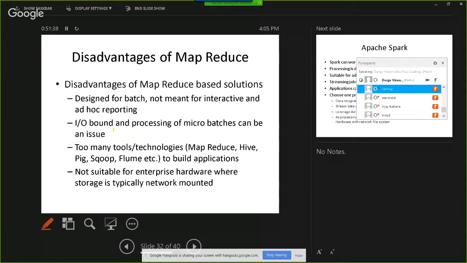Even if you have one record in that table, generating a report out of that one record will take 15 to 30 seconds. Now they have fine-tuned it a little bit, but it still takes a lot of time even when dealing with a very small amount of data. So MapReduce is primarily not meant for interactive and ad hoc reporting. It's primarily meant for huge batches.